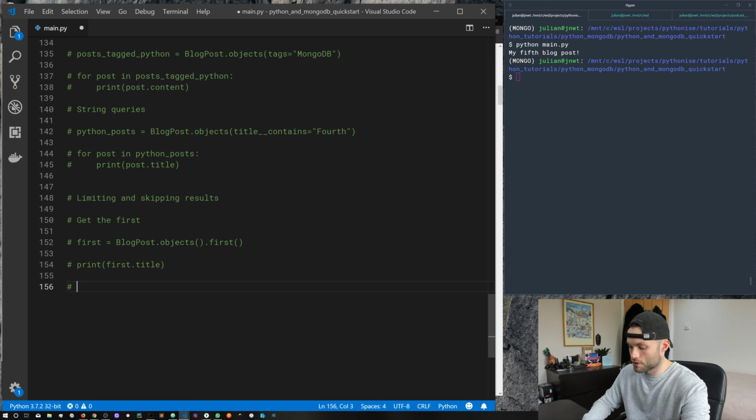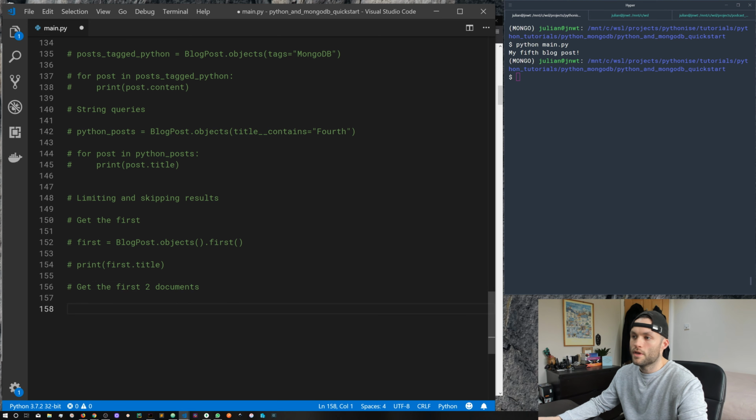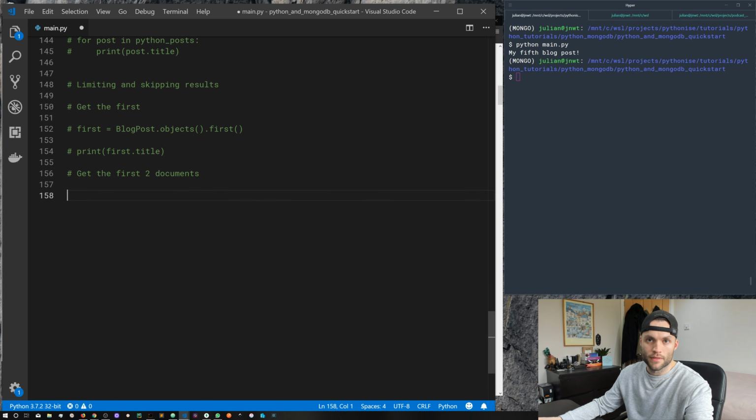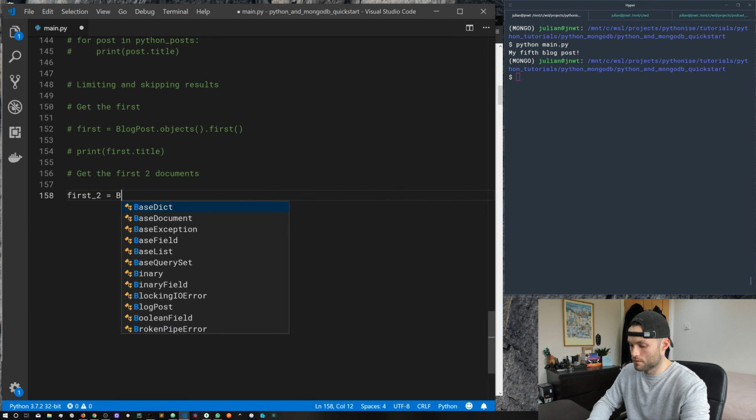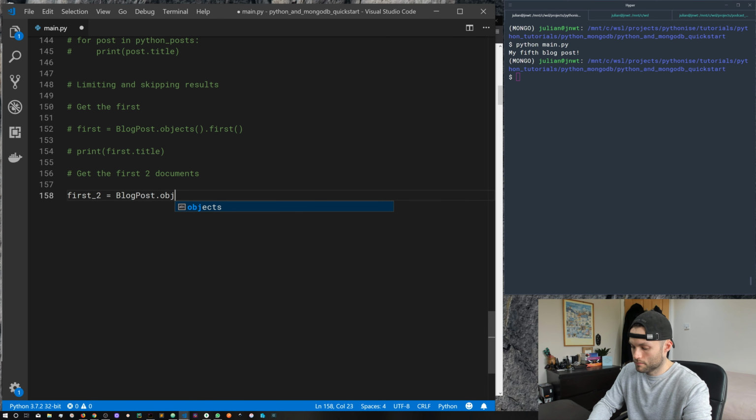Let's say we want to get the first two documents, we can use the Python slicing syntax. So let's do first two equals blog post dot objects, and then we can use a slice. So I can do :2